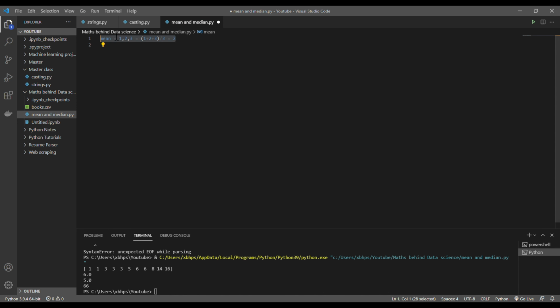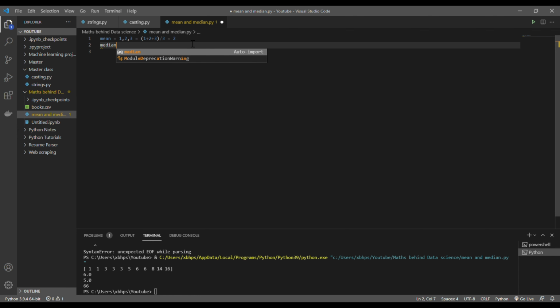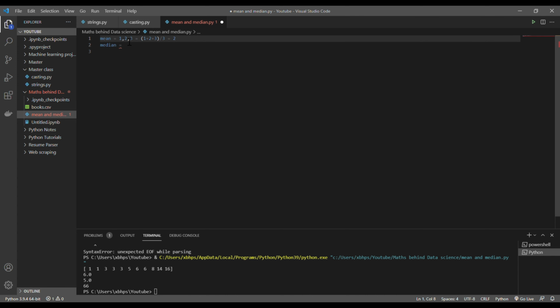Python also has libraries which we can use to do this kind of thing. We'll see that. And I will just quickly go through what is median. For this case, 1 2 3 4 is already in order. Let's say I have 4 1 2 3, in this case, what happens? Let's change this to